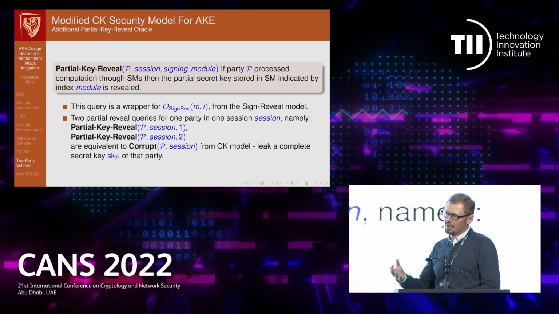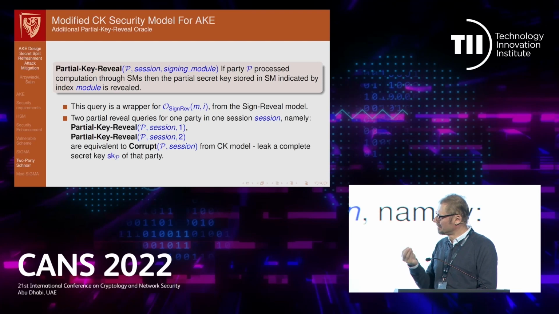But we, of course, are dealing with situations where we do not corrupt parties. So if the party is not corrupt and other requirements are fulfilled, then the protocol is regarded as secure. So here, for that modified Canetti-Krawczyk, we have other oracles that are wrappers over our oracles from the signature, multi-signature, two-party signature model. So actually, we have the partial key reveal that reveals